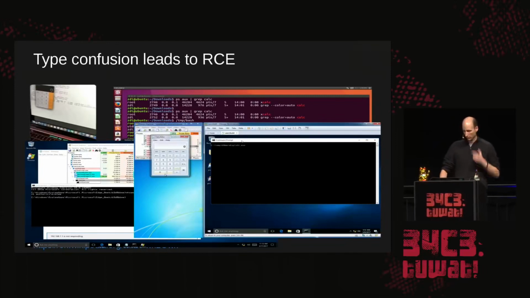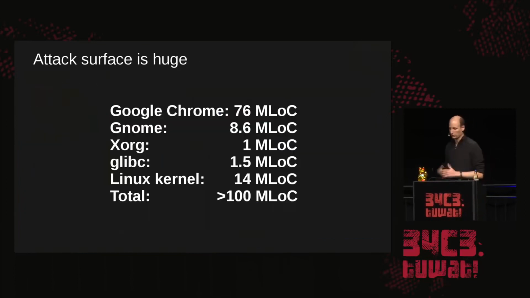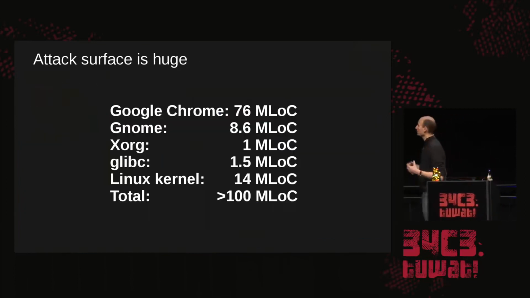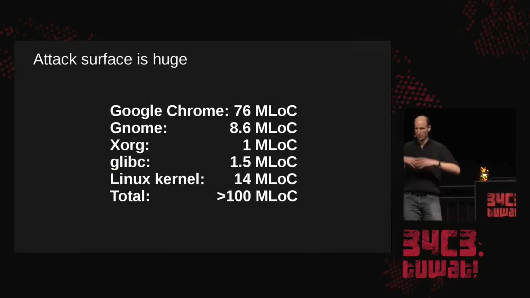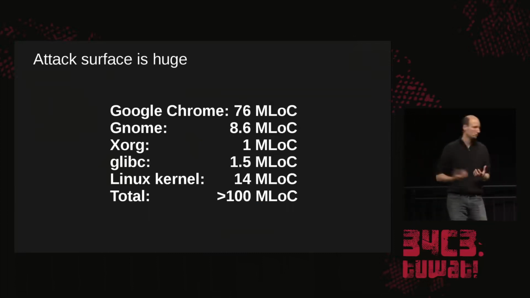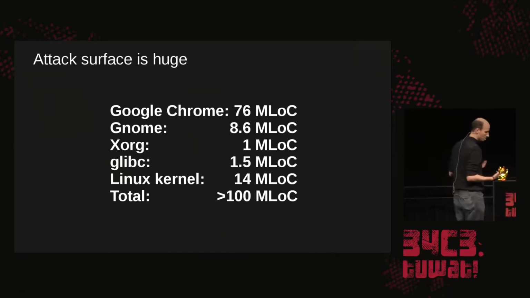And if you think about it, the attack surface that we face on our systems is pretty much huge. We are no longer working with systems of a couple of thousand lines of code, but with millions and millions of lines of code. So the abstraction is immense. If you look at Google Chrome, for example, we have more than 100 million lines of code, which is an immense code base that we are facing.